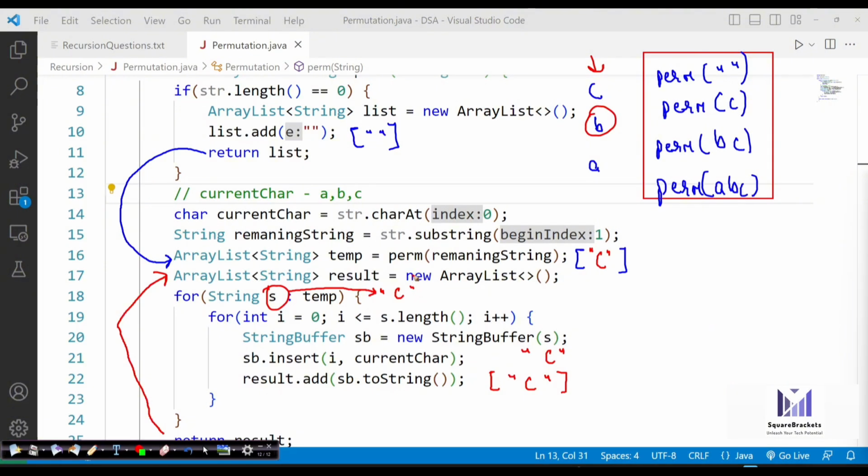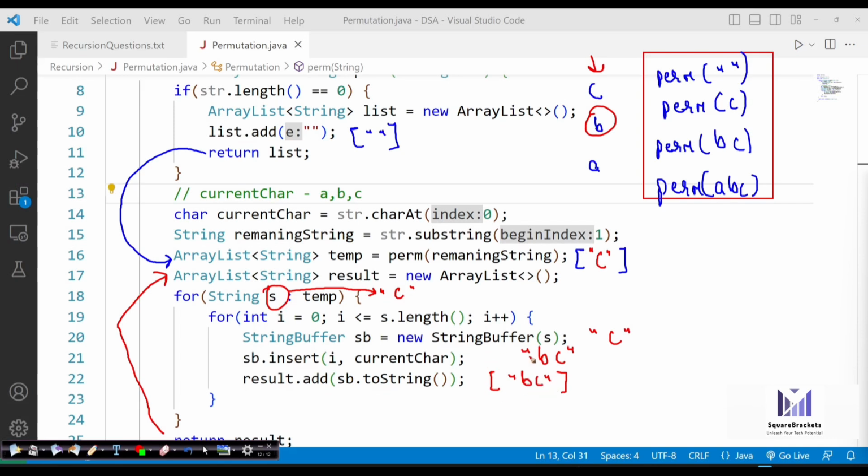Now once we have C available in it, C will be stored in your string buffer. Now I'm saying sb.insert(i, currentChar). On the 0th index, just insert the current character. The i index means 0. So what exactly will the string become? The string will become B, and C will be as it is, and store that in your array list.